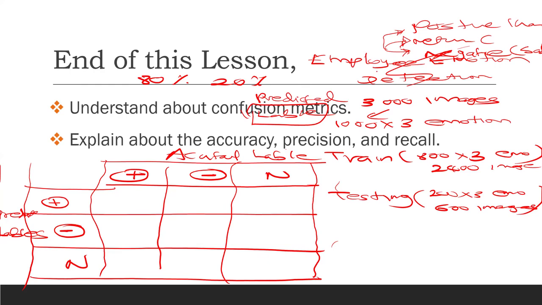Now I'm asking you about some areas, some cells. Tell me what each cell is for. Okay, now tell me about this space. Tell me about this area. What is this actually? Tell me. What is this area? Anyone? So I already told you, right? This is the actual emotion labels. This is the predicted emotion labels, right? So